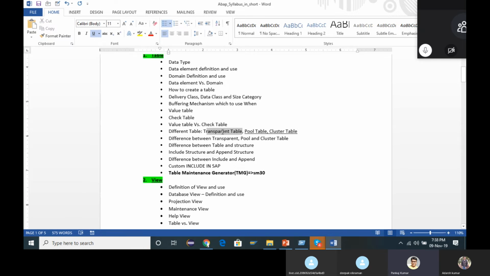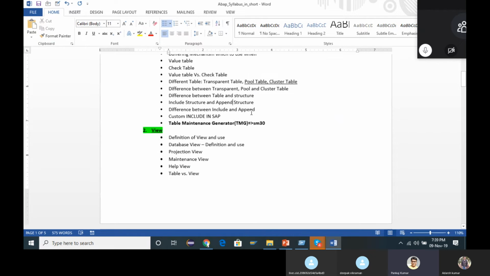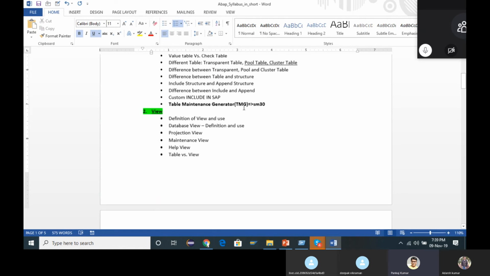But anyway, the transparent table is the most frequently used, in 99% of cases we are going to see the transparent table only. Pool table and cluster table are rarely used. So we will be seeing the difference between transparent, pool and cluster table. Then we will be going for structure, and we will see the different types of structure, like include structure and append structure. Then the difference between include structure and append structure, then the difference between a structure and a table. And once we complete all these things,